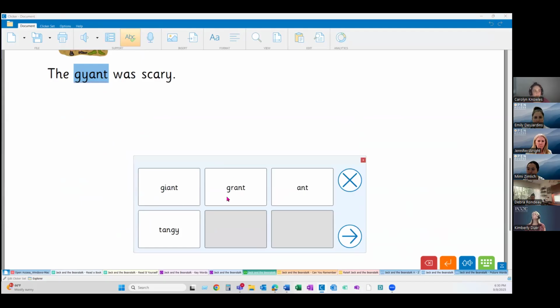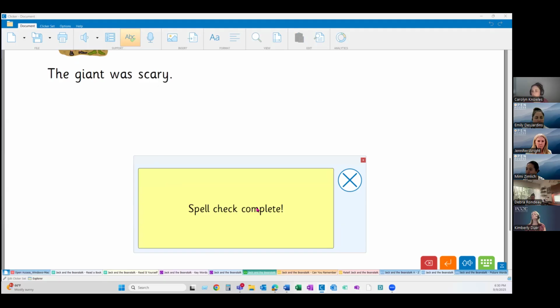And of course, this is still speech supported. Giant ant. We'd click to make our selection. And based on where it's highlighting, it'll put that correct word in, tell us that we're all done, or it will funnel on to the next word.